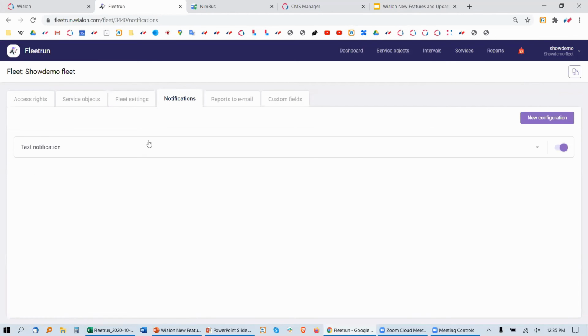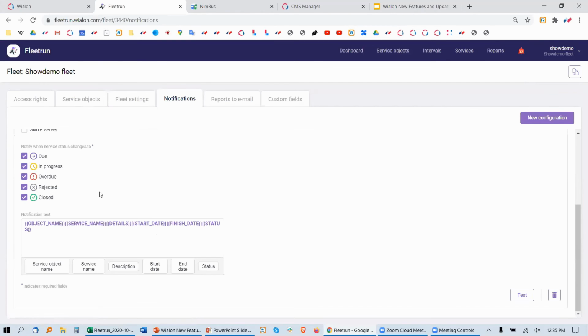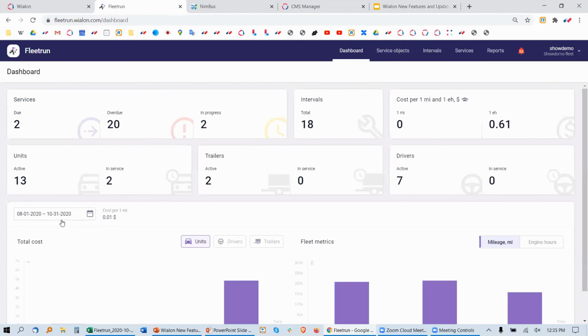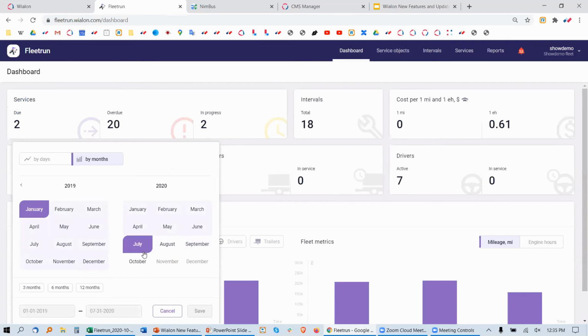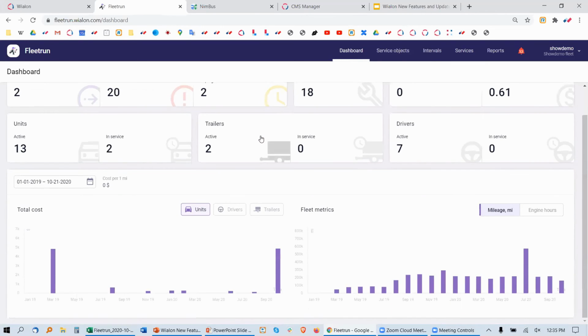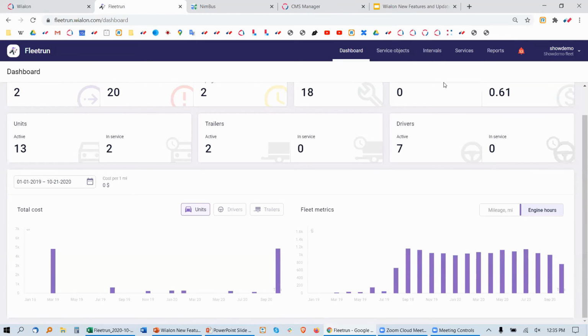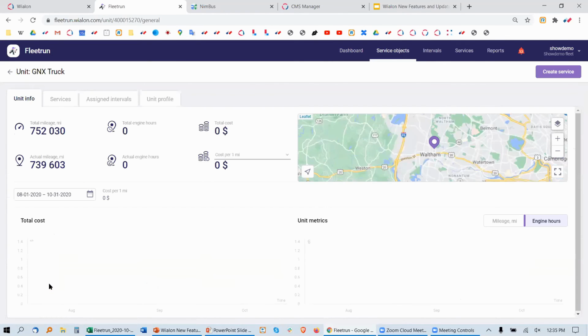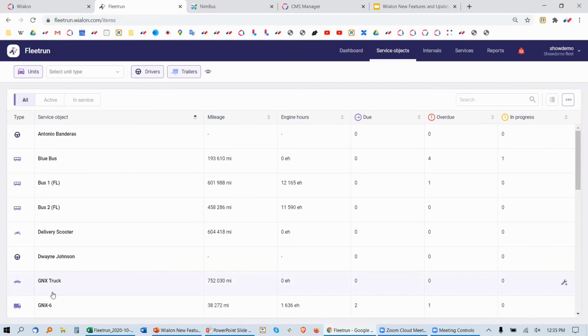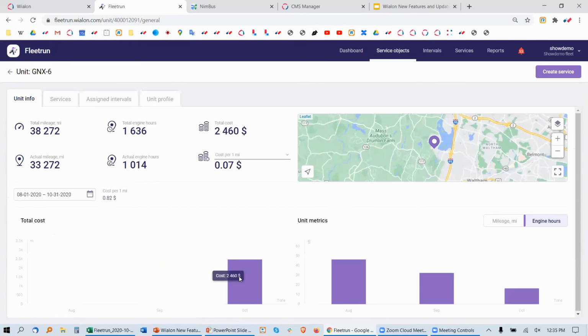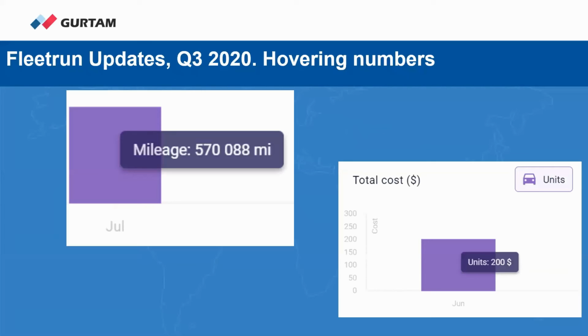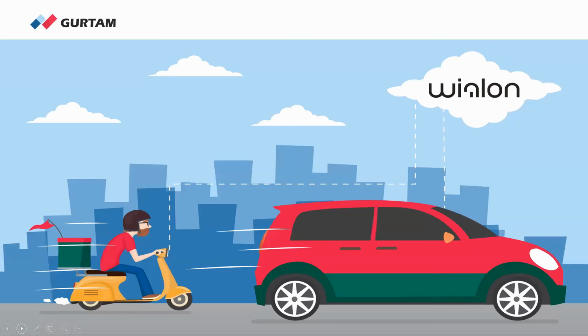As for notification, just a reminder where notification is. We already have our notification, and in the text you can put up to 1,000 symbols. And for hovering numbers, again, here you can indicate the time interval, and you will see a lot of bars without any indication. But when you hover over, you will see that that's the cost, that's the mileage, or engine hour, so on and so forth. And the service object, when you click, you can also see this. So that's it for Fleetrun,